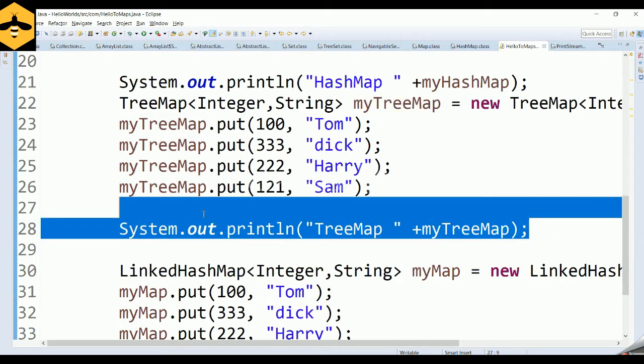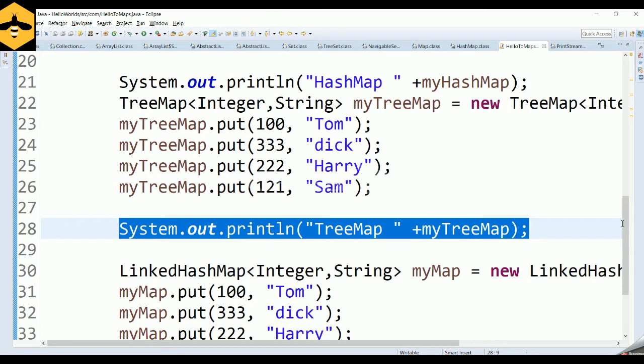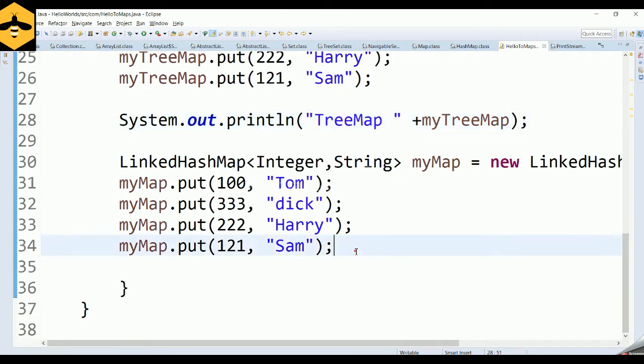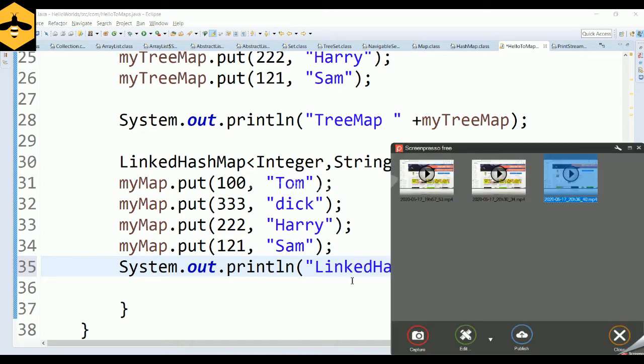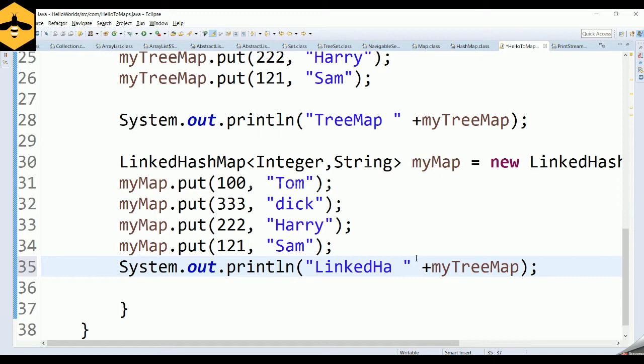And then I'm going to print my linked hash map, and replace this name with linked hash map.